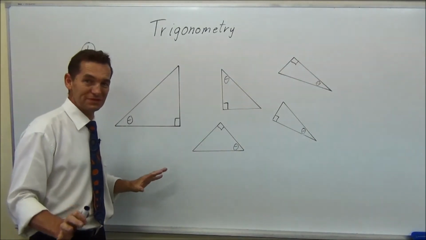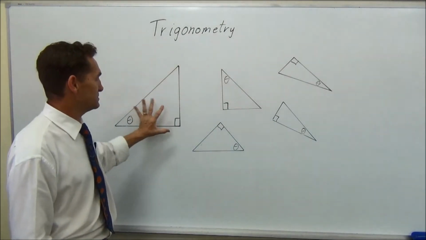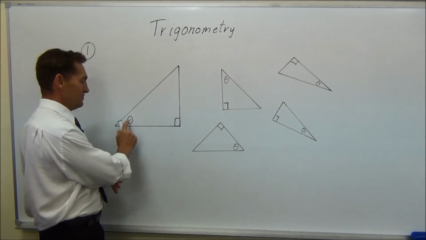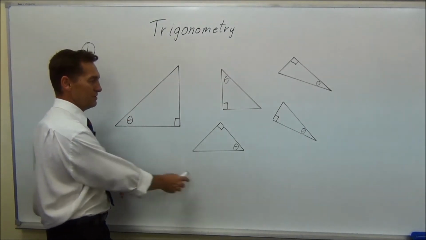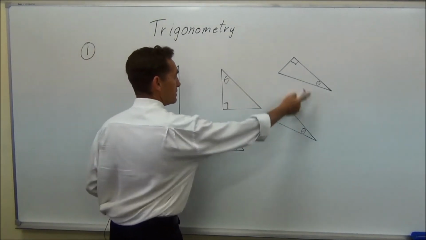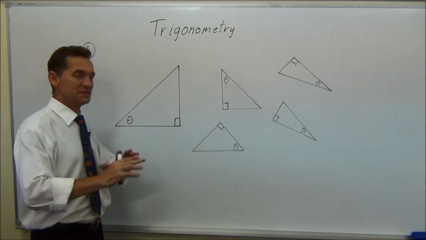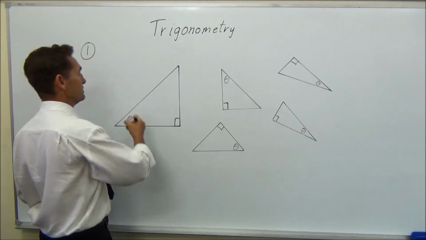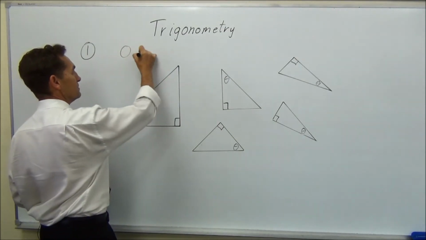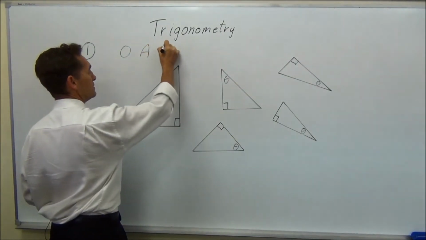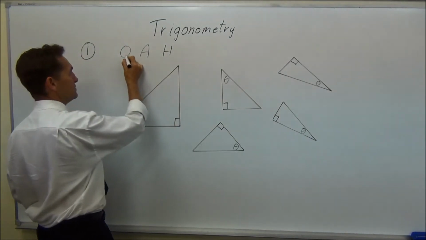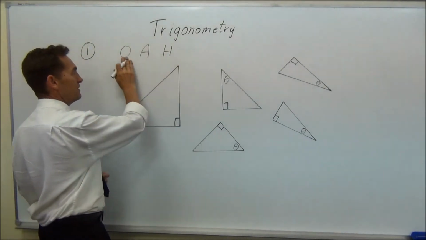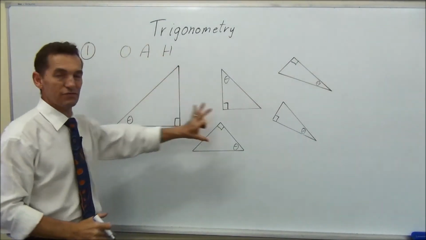So the first thing you learn in trigonometry is you look at right angled triangles. And the first thing you deal with is you've got theta, and they throw theta into a bunch of triangles and they say label the triangles with 3 letters. And the 3 letters they want are O, A and H. So this is opposite, adjacent and hypotenuse, and they want you to label that for every triangle, so they get